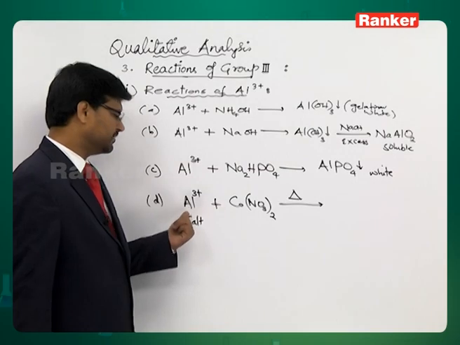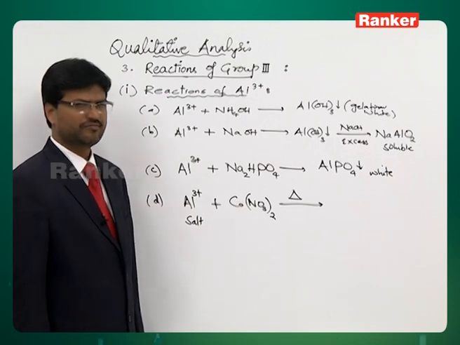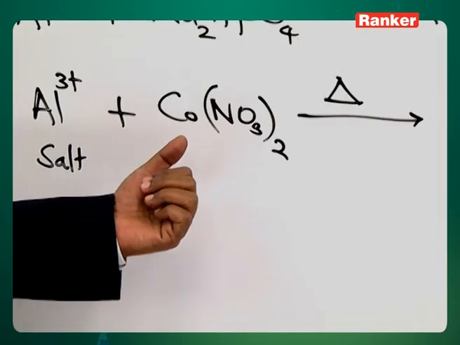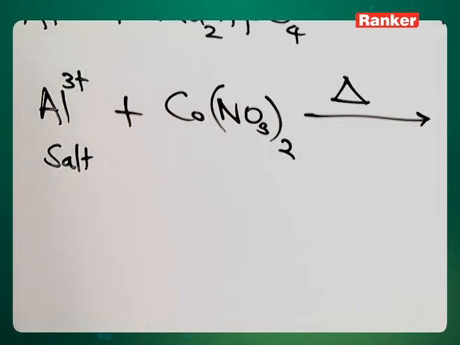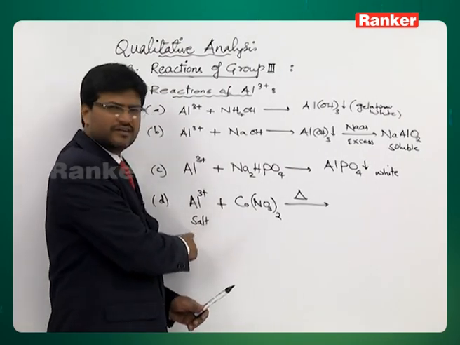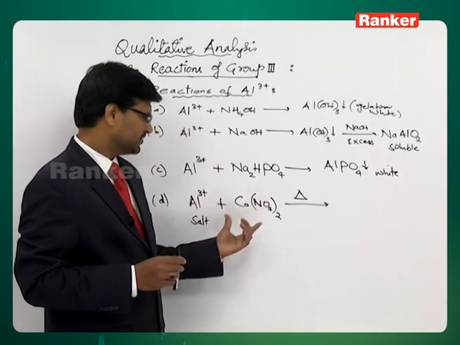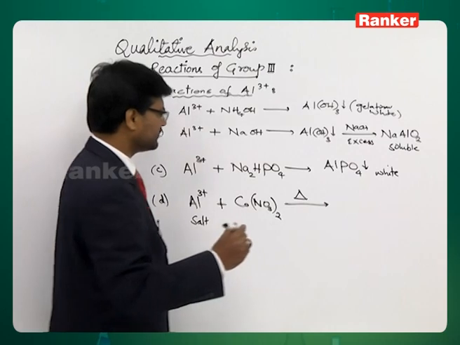So, when you heat aluminum salt, it decomposes to give aluminum oxide, which is an amphoteric oxide. And when you heat cobalt nitrate, it becomes cobalt oxide, which is a basic oxide. So, this amphoteric oxide and this basic oxide, cobalt oxide, undergo an acid-base reaction and you get